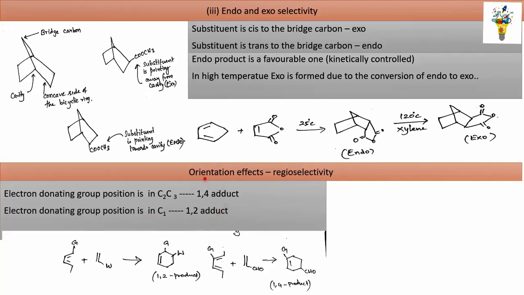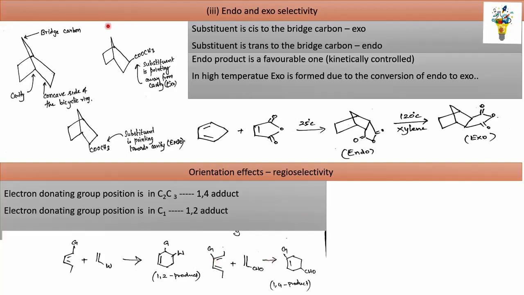So this is an orientation effect or regioselectivity. See in butadiene, the terminal carbon, the electron releasing group is in the first carbon, C1. So what is the product you get? The 1,2 product. Okay, the 1,2 substituted cyclohexene product is obtained. When it is in C2 or C3, so now the group is in the C2 position. So it is first, second, third, fourth, C2 position. Now the 1,4 adduct is formed. So the 1,4 product is formed with C2, C3 substitution. So this is called regioselectivity of the